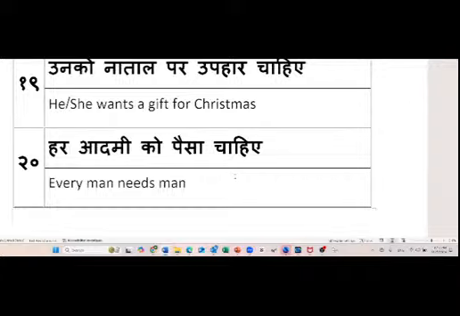Prahlad, what is the Hindi word for every in this sentence? हर आदमी को पैसा चाहिए. हर. So when we say Har Mahadev, invoking Lord Shiva, are we talking about every Shiva god? No, there Har doesn't mean that. In that utterance, that is just a religious utterance. Har means something else. Even I don't know. It probably comes from Sanskrit. Okay, so this Har is different from that Har.